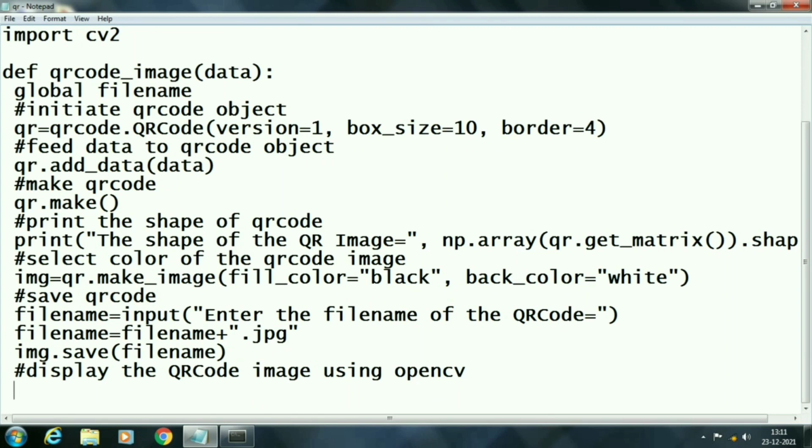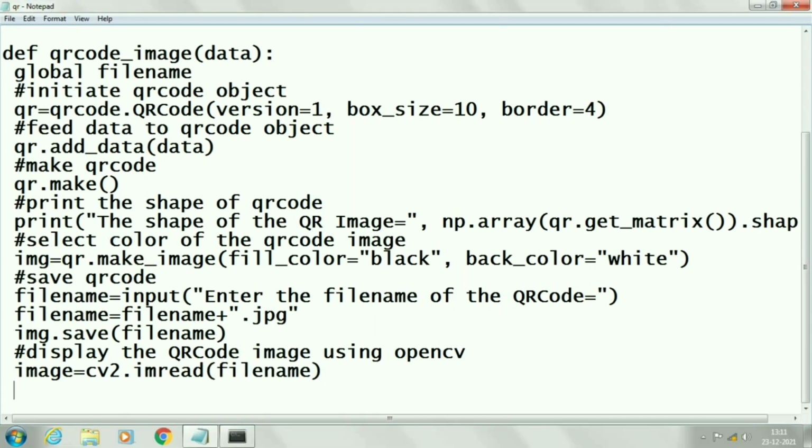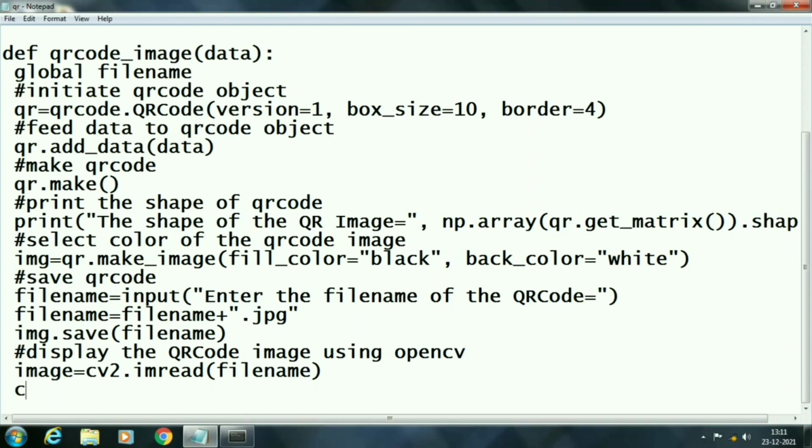Then we will print this image using the imshow function of cv2. That will just pop up a window and display the image in that window. Here we will set waitKey as 0. It means whenever we press any key, it will close the window and release the memory occupied by the cv2 package.